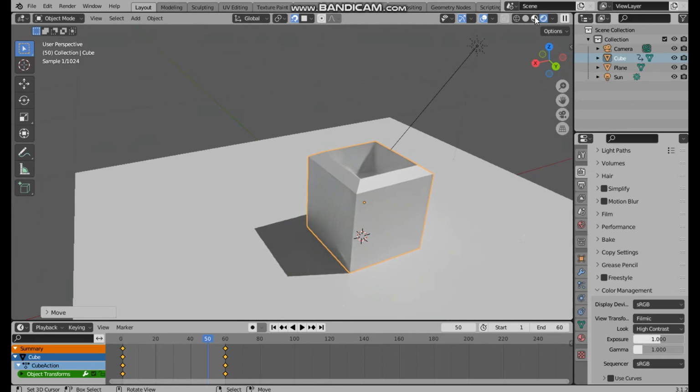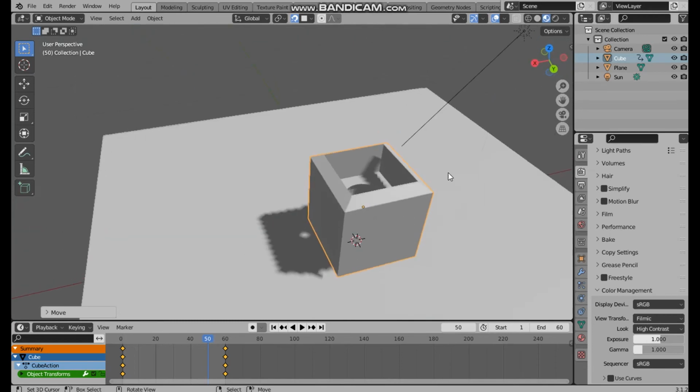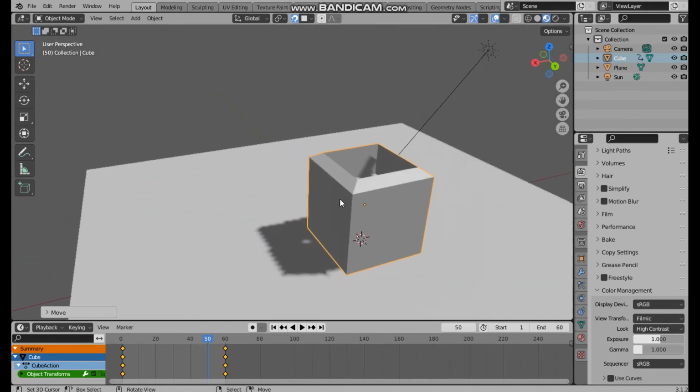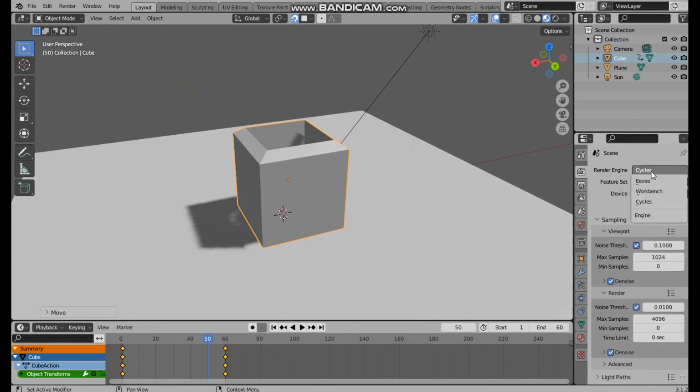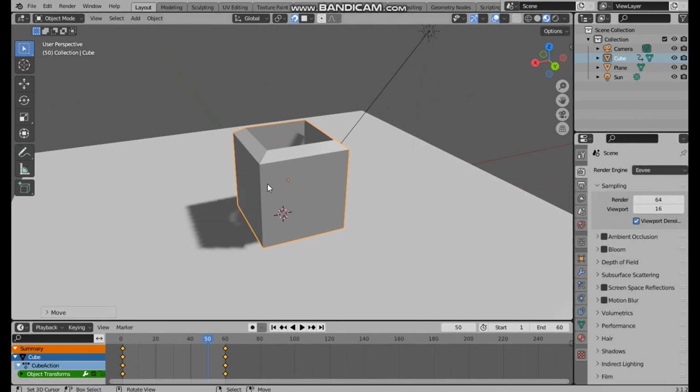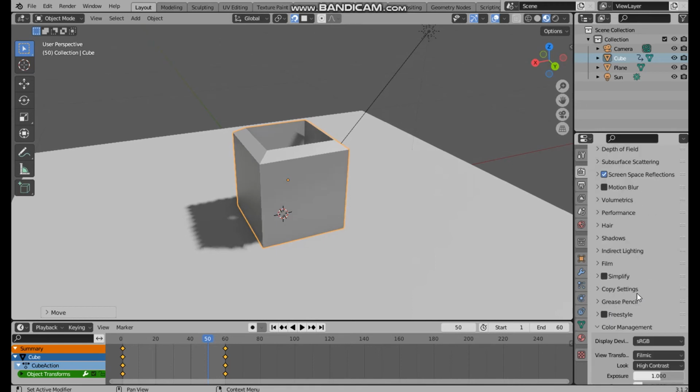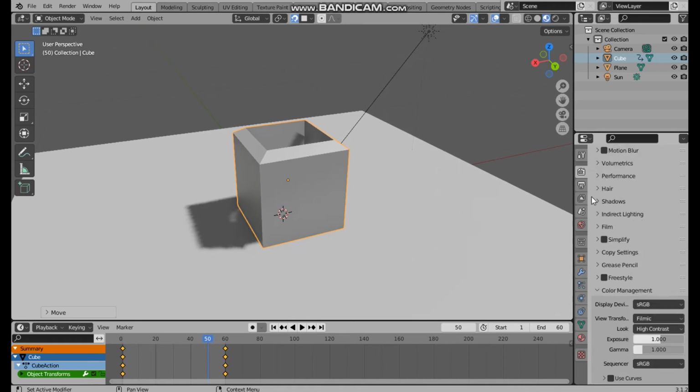But just for the purposes of getting the instant render, which is under the material properties, is always Eevee engine, and it'll kind of render it instantly as we go. You know what? Let's just do it. I'm going to go into the Eevee real quick by going into render properties. And let's just go in and click ambient occlusion, screen space reflections, and let's get these shadows fixed, because these